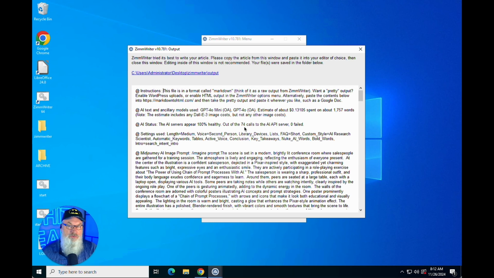So when you're going, well, why do I use ZimmWriter versus just using ChatGPT 4.0? I could do that. You could, but what I did there was equivalent to 74 prompts. If I did that on myself, it's going to take a lot longer than the few minutes that ZimmWriter took to do that, and we ended up with a great